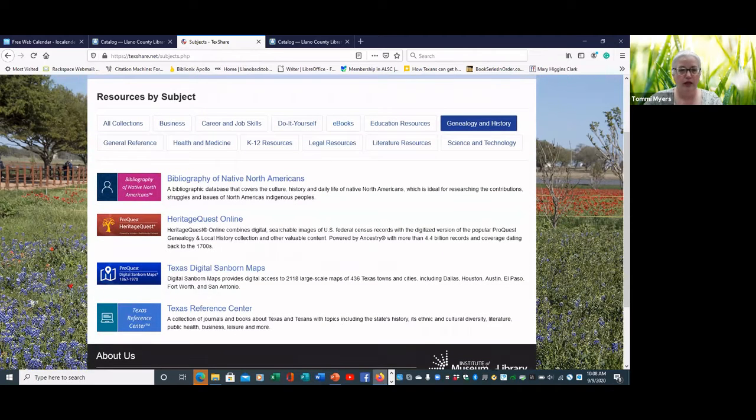Let's go back. What you can see is there are 4 different databases that come up under this area: Bibliography of Native North Americans, Heritage Quest Online, Texas Digital Sanborn Maps, and Texas Reference Center. You can access a whole variety of things. We're going to focus on some Texas things and some Llano things as little examples so that you can see